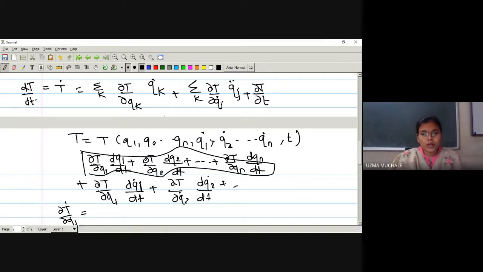qk dot and qj dot are very similar, but what is the difference? There is a difference of a parameter, right? So first we have to check how many terms are there which involve the qj dot. Okay. So here we have these two terms. But what about the last term? Last term, derivative of t with qj dot, that will be 0.